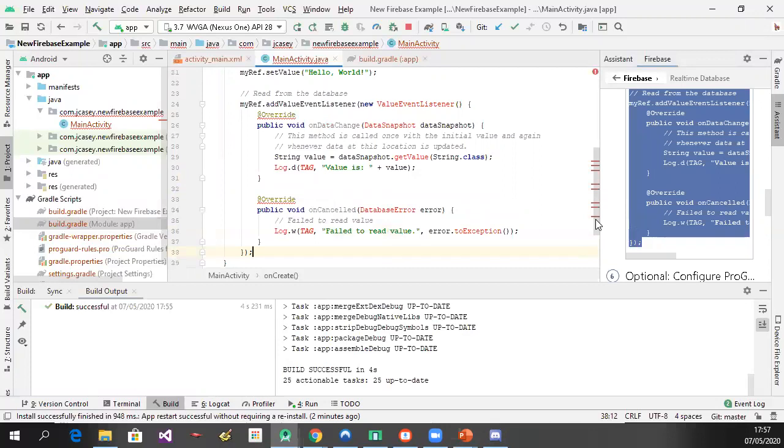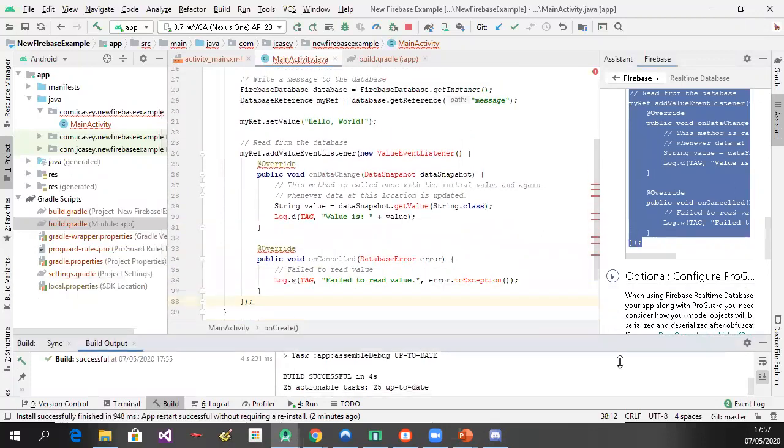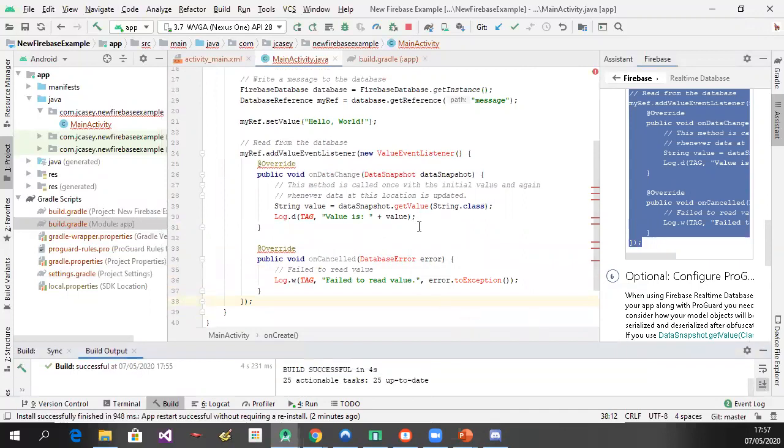Because it's a real-time database, what we have here is a callback method on data change with this value event listener that gets called as the database gets updated by different